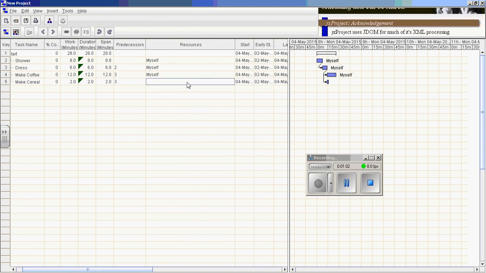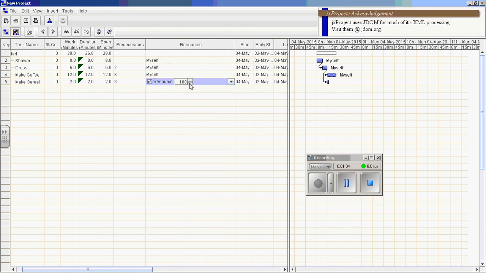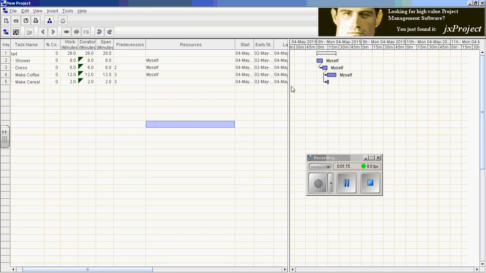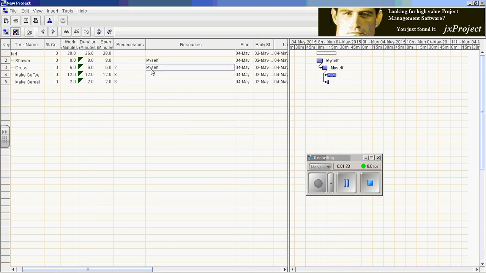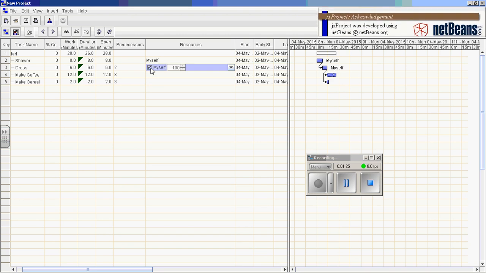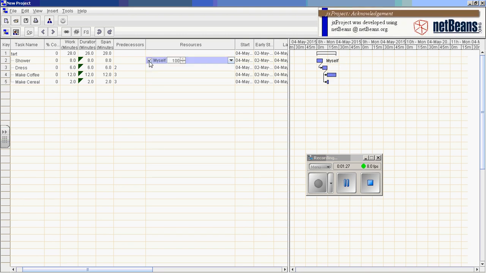Let's see. I think you could actually have percentages. So this team's working 70% of the time on this and 70% of the time on something else. But if I just deleted that, they would assume some other resources on there. And in fact, if you want to get rid of the myself, I was trying to do that earlier, I think you can just press delete. Delete that off like that, so that disappears.